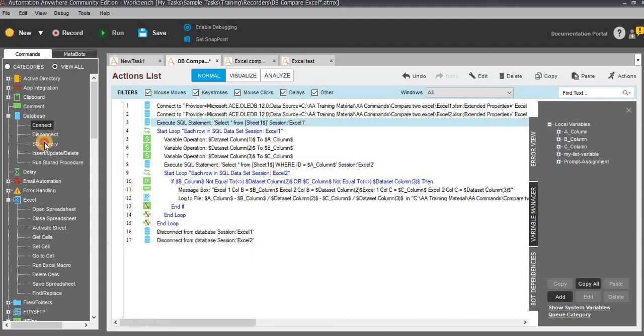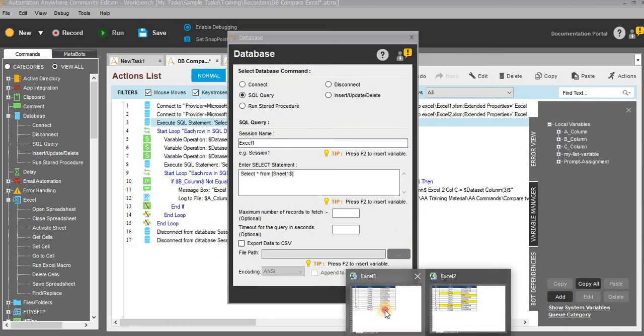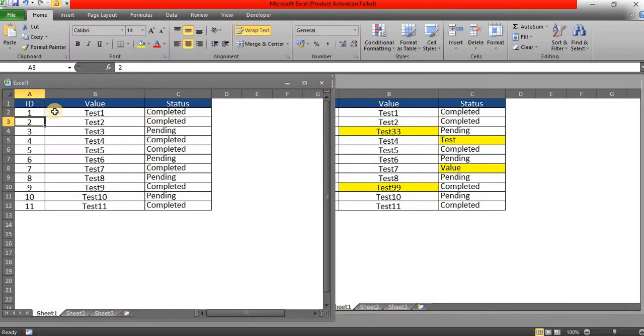In the SQL query, when you drag and drop, you can see this select command. Within this SQL query, you can only use a select statement. Select star from sheet 1, which means I need to extract the information from sheet 1. If you have a different sheet name, just mention the sheet name.